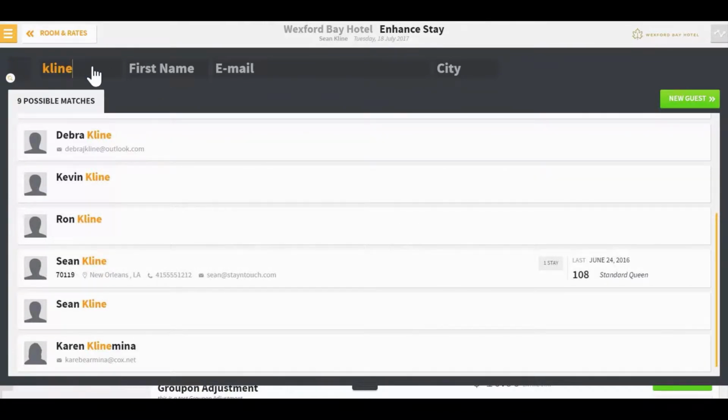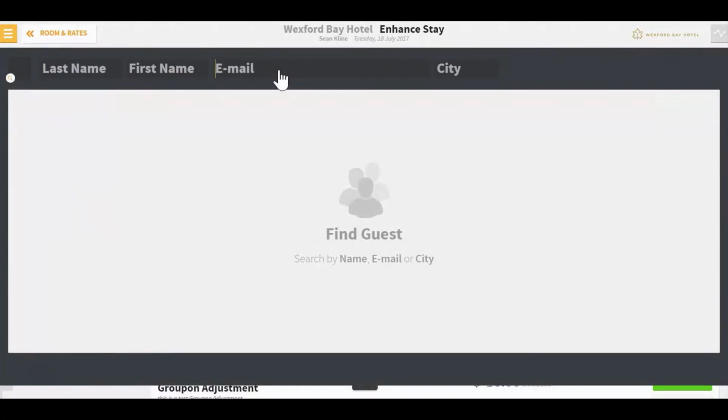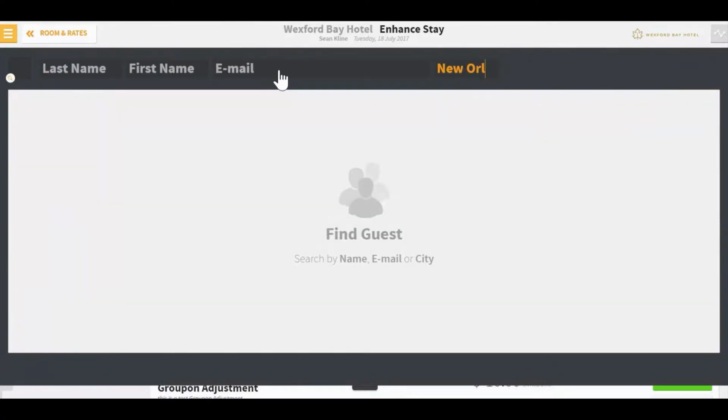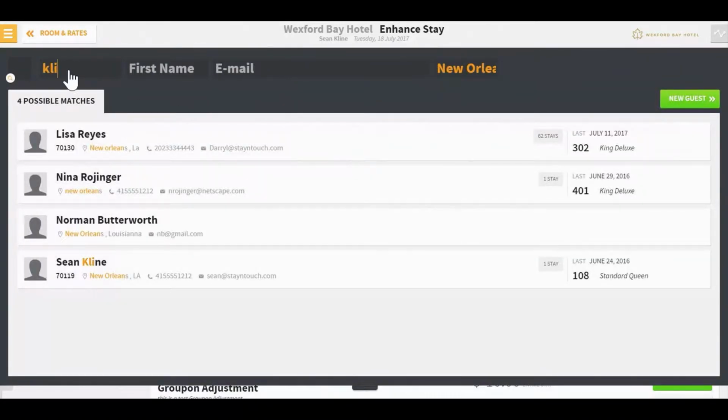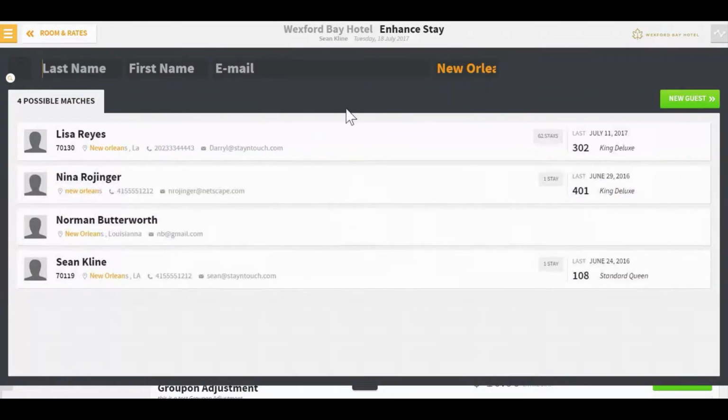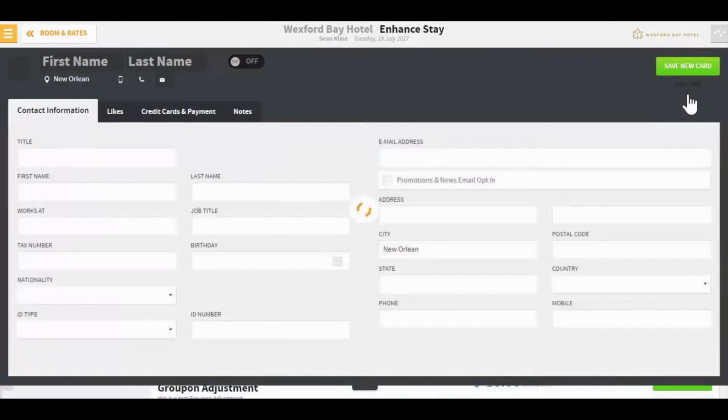So we can search for different things here. As you can see, we can go from name. I can search from part of an email address and get people that return that way. I can also search by guests, and so on. Each of them becomes a way to search. So you go off of first name, last name, city and email. Just fun different things we can do. And if this isn't any of these other people, we can make a brand new guest card